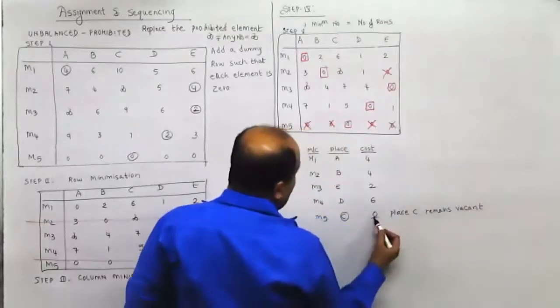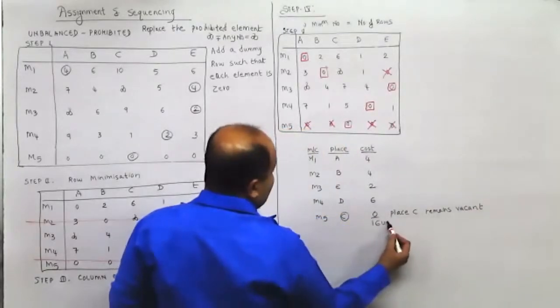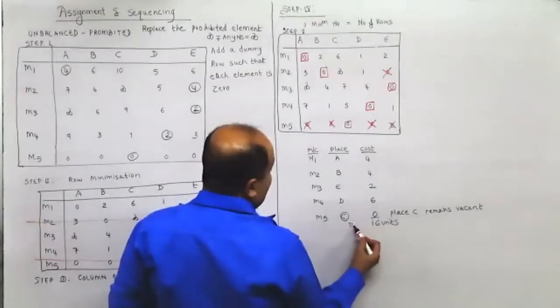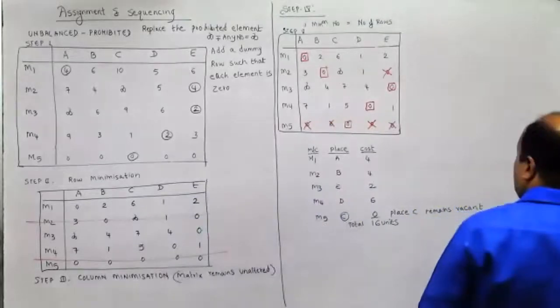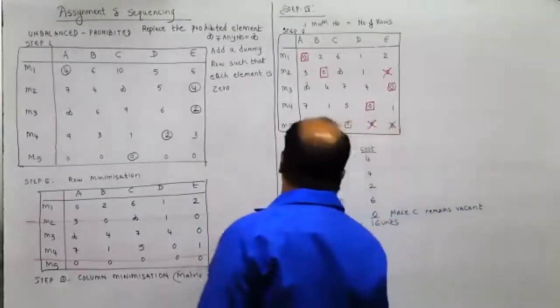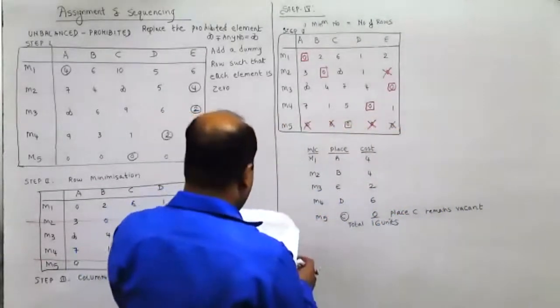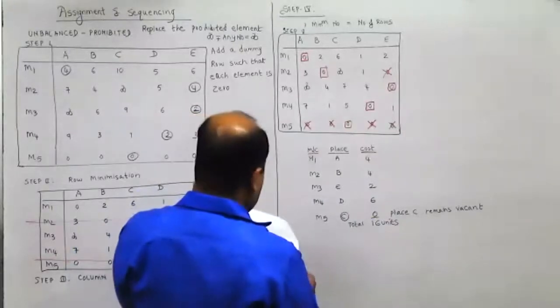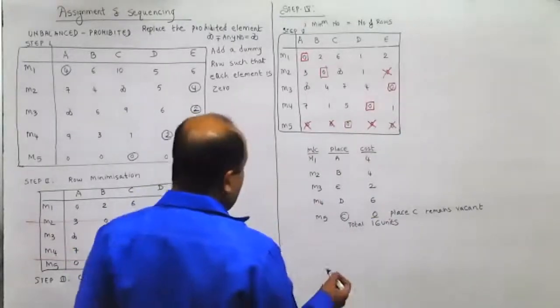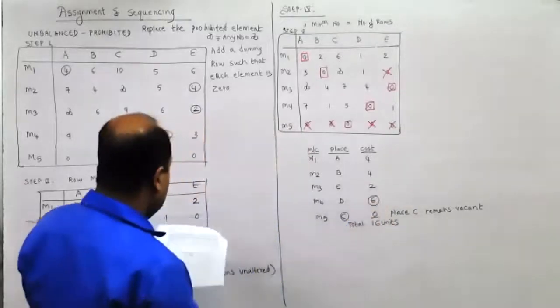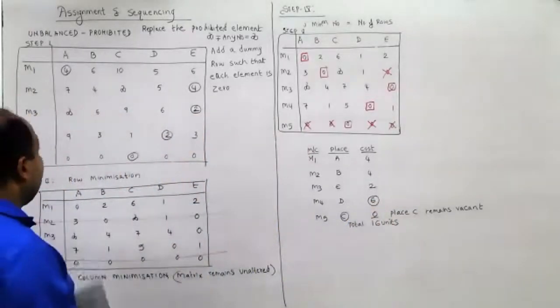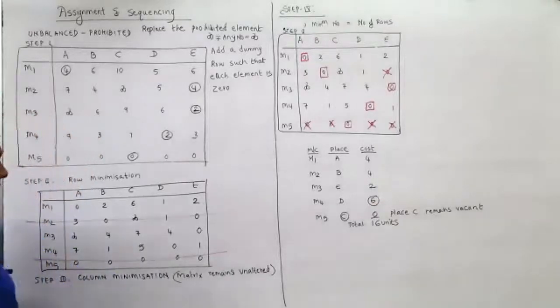Now total would be 8, to 10, and 6, 16. So it is 16 units in total. But the answer given behind is 12. Instead of 6 for M4, they have written it as 2. M4 and D cost is 6 instead of that 2. The remaining they have written the same. So that means they have gone wrong in the calculation. Okay, so this is the answer, 16 units.